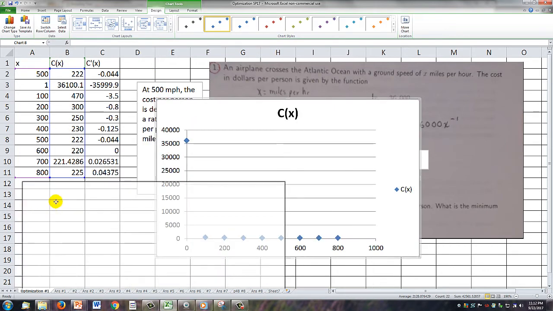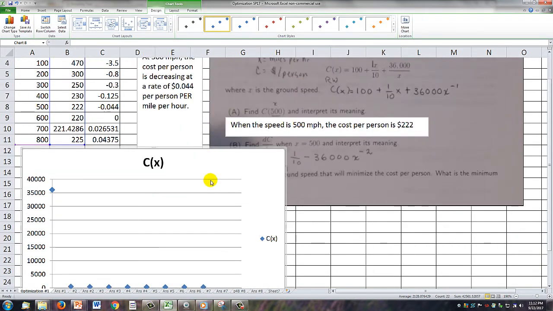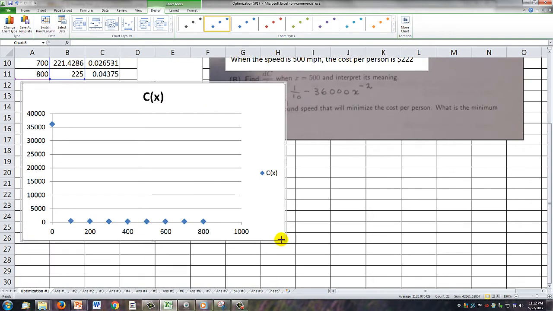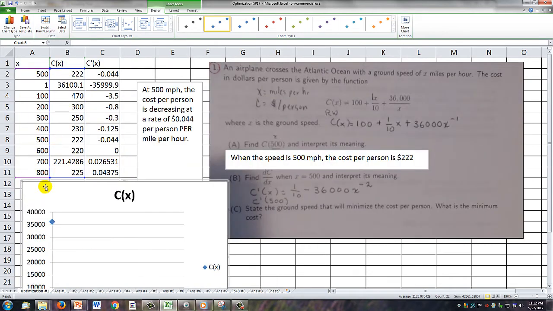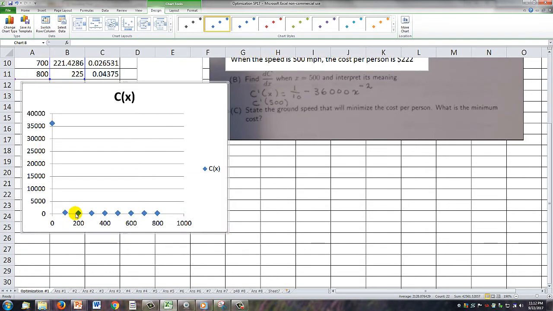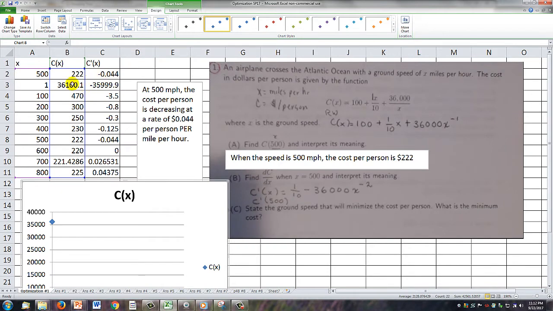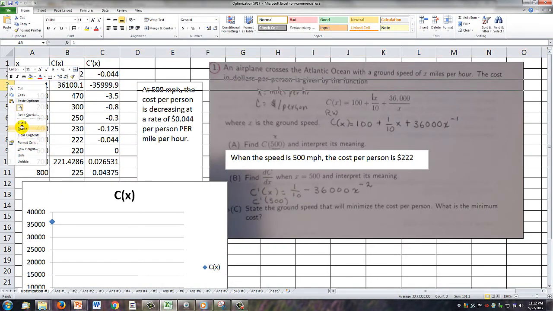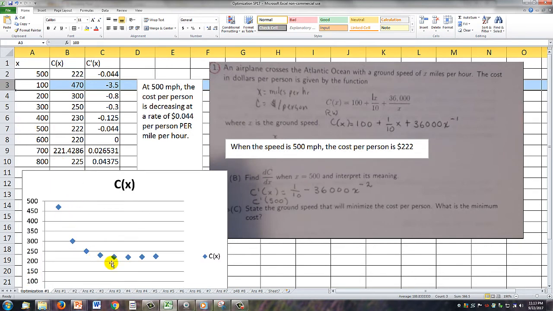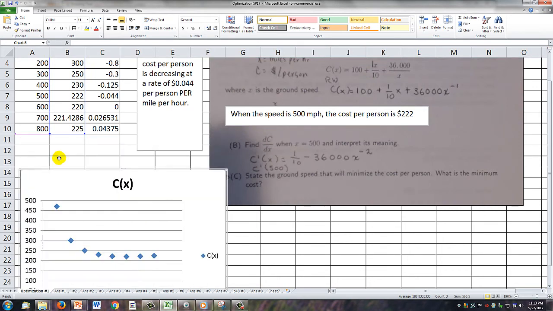And I can see by this graph that I have a point at 1 that's really large, and then it gets really low very quickly. So I'm going to actually delete this value and get a better looking graph. And now I can see that this graph is a decreasing graph, and there might be something going on right here. So this tells me I need to work on this domain a little more,